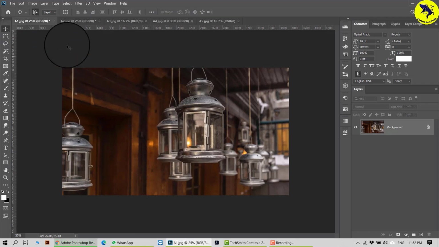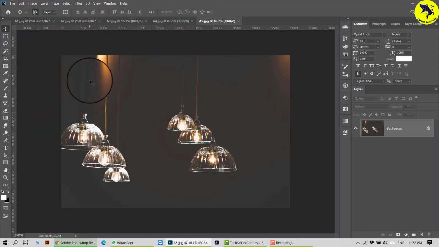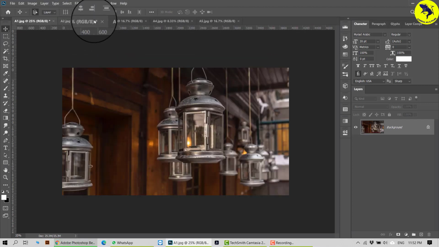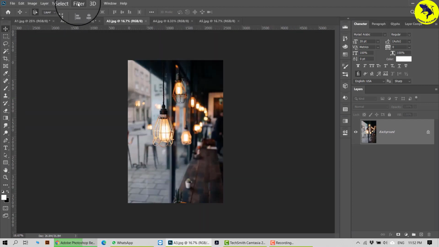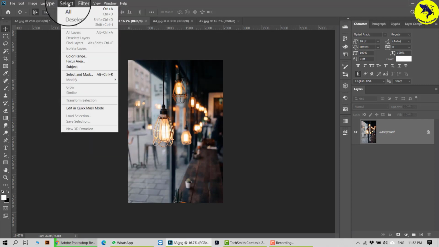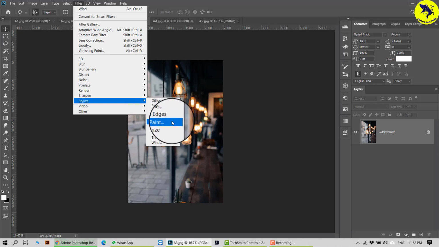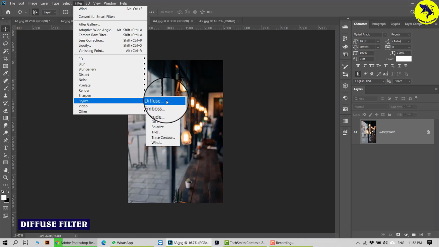So right now I have imported my 5 pictures. All of them have a light effect kind, and today's class is about the stylize filter that is present over here. All of these will be spoken about in this class. So what is actually a stylize filter? It gives you a set of effects that you can put on your picture with one single click.